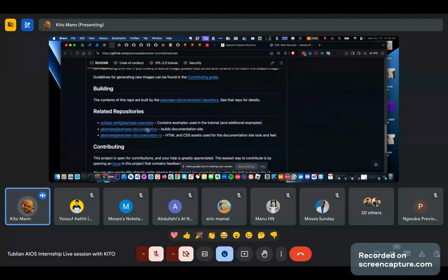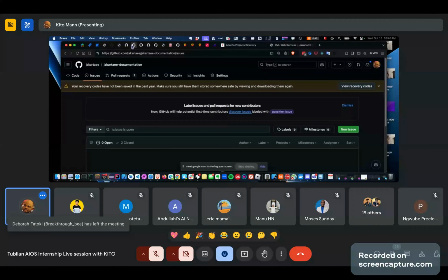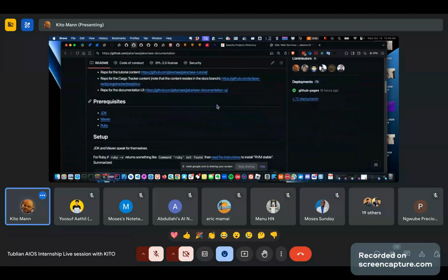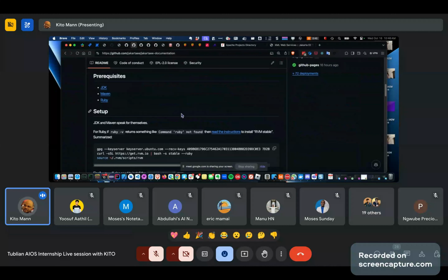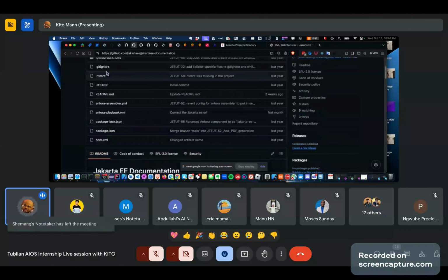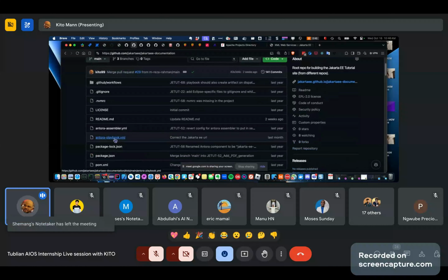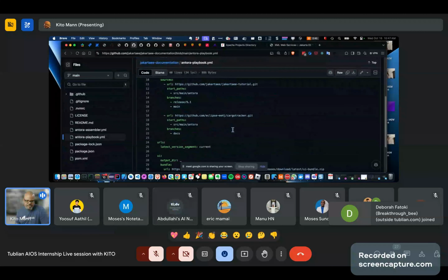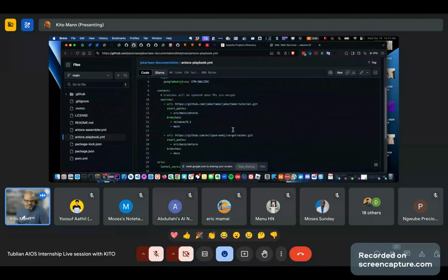But aside from the content, there's also the main documentation site, which is that link there. So that's this site. And this site basically doesn't have a lot in here. If you notice, it just has the Antora playbook and the Antora assembler. So just configuration to basically run all the other stuff. The playbook YAML file from beginning to end now points